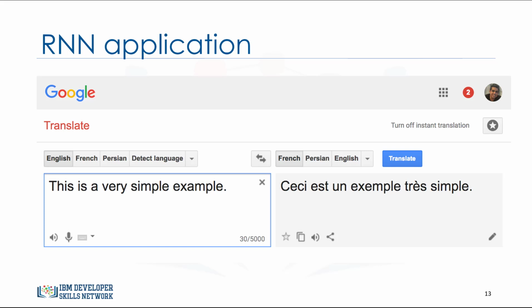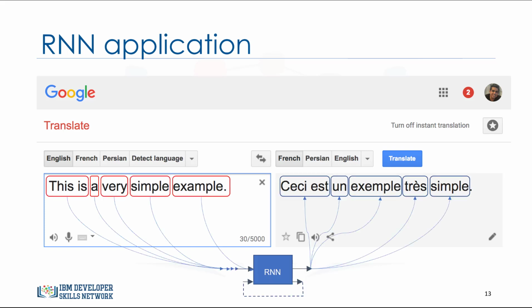When needing quick translation of certain words into another language, a great many people today use the translation service of Google Translator. We enter a sequence of words in English, and it outputs a sequence of words in French, as seen here. This type of text translation is another example of how RNNs can be used. This task is not based on a word-by-word translation and applying grammar rules. Instead, it is a probability model that has been trained on lots of data where the exact same text is